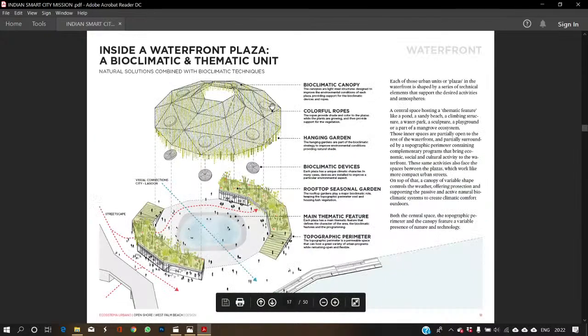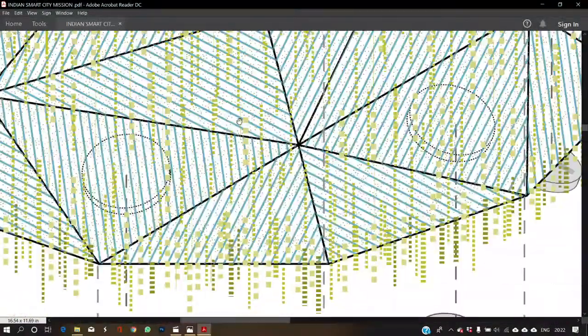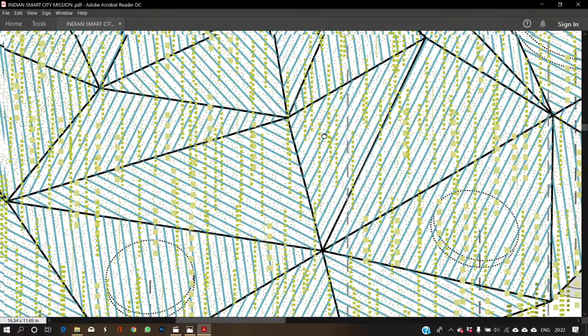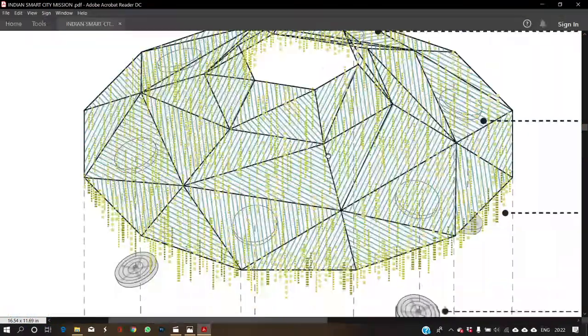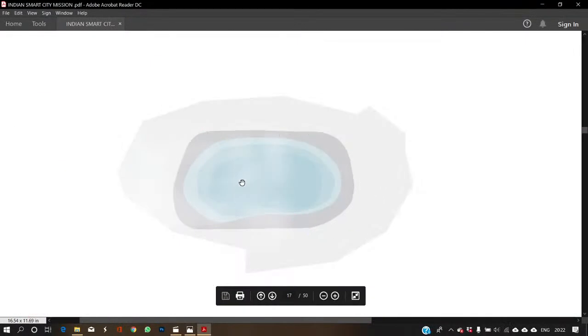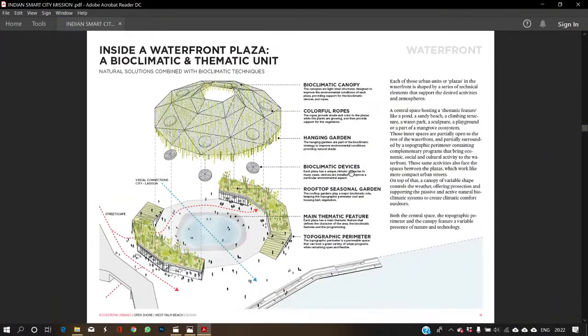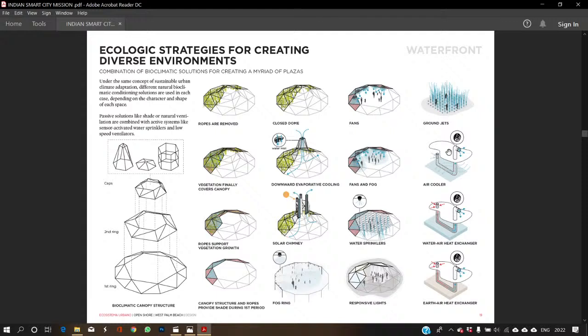You see this axonometric view for the bioclimatic canopies, which is being created with the help of rows. You can see the amount of textures and layers being created here, for each and every activity being shown. That is the real importance of the presentation which I have been working on for the past 1.5